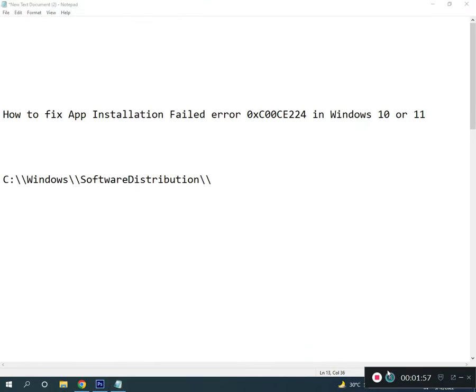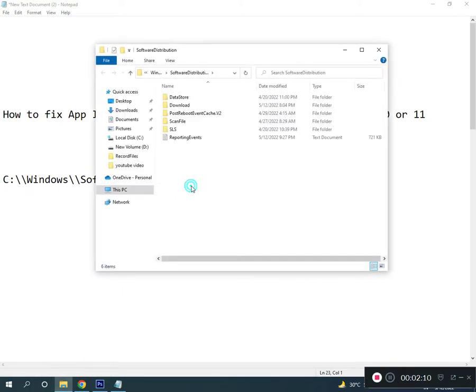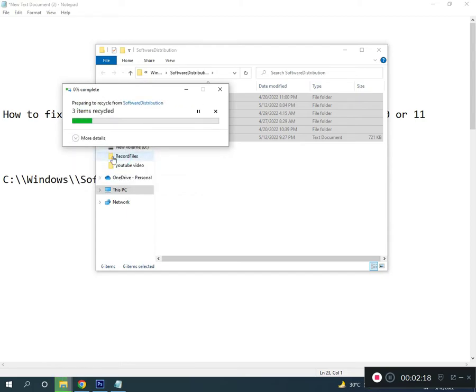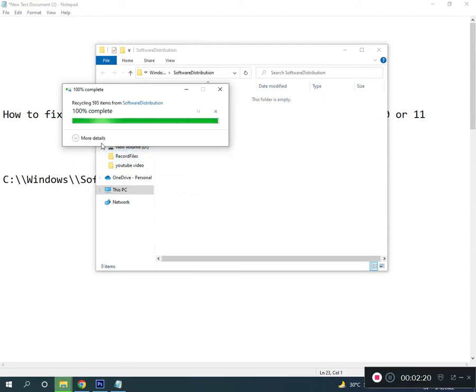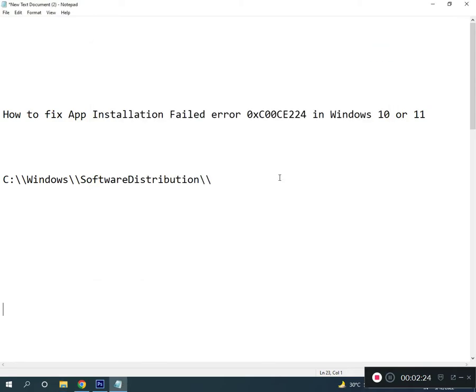Next step. So guys, press Windows R, type software, then click OK. Now open this, select all and then delete. Do this for all items and continue, and then close. Again open service,